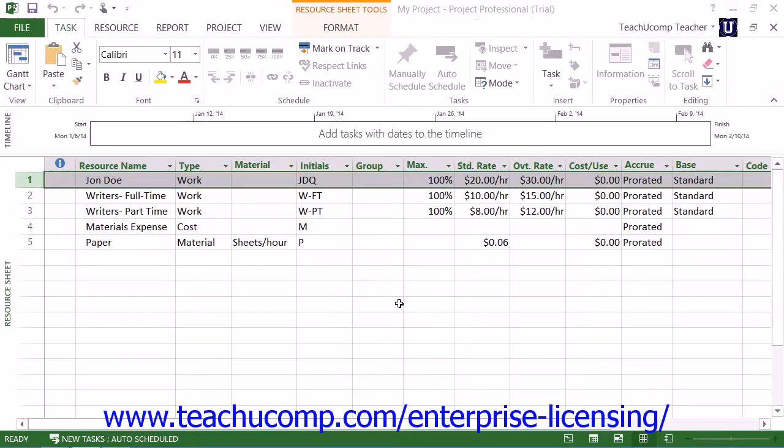Since resources are used to track who and what was used to complete a given task within a project file, the first type of resource that you will learn to create is also the most commonly used, the work resource. You create work resources to indicate who completes task work within a project file and what equipment they need